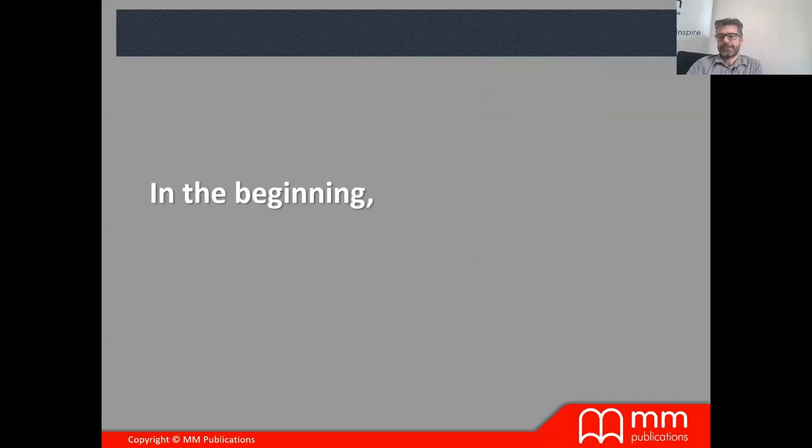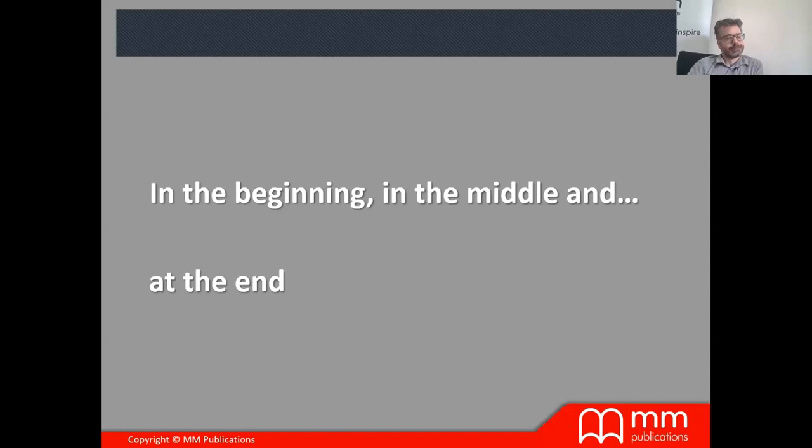We can use songs in the beginning, in the middle, and at the end, okay? We start our modules with a lesson based on songs, but you can use them at any point. You don't only have to use the ones found in the course book, but of course the course book needs to have a song related. The vocabulary is always relevant to what we're going to teach, but you can also use some simple songs, children's songs, or teenage songs if you're teaching teenagers.